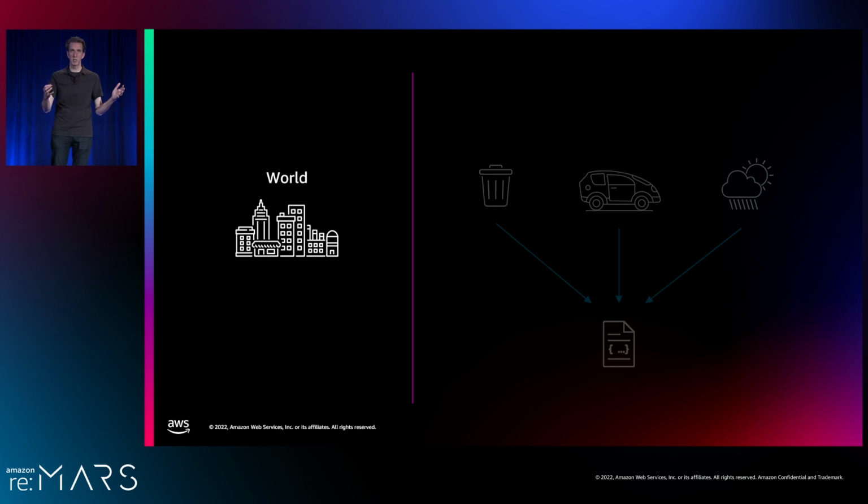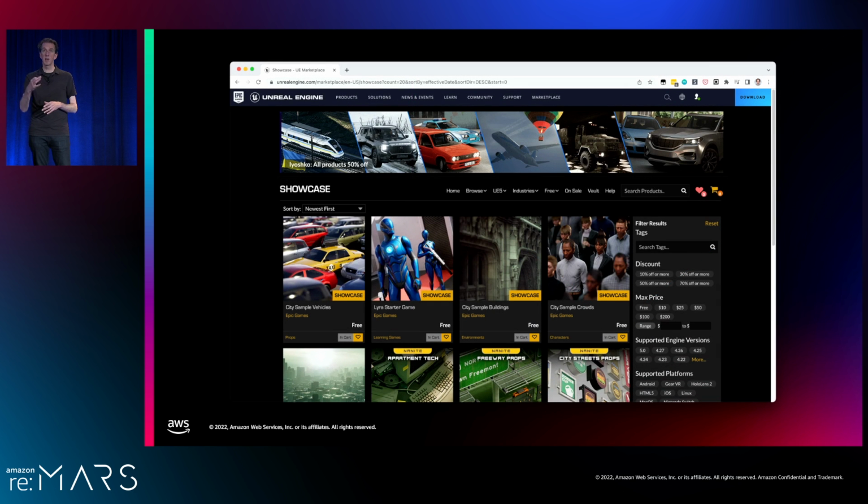Let's talk about the world in general. We talked a lot about the individual scenarios, but let's talk about that global sandbox. So the example I've shown you so far used assets I downloaded for free from the Unreal Engine Marketplace, which is a fantastic resource. The city that I had as the basis for that example was created by some talented artist somewhere. But we don't want you to just be limited to content that other people have created. We want to empower you, even if you're not a 3D modeler, to be able to create your own unique environments.